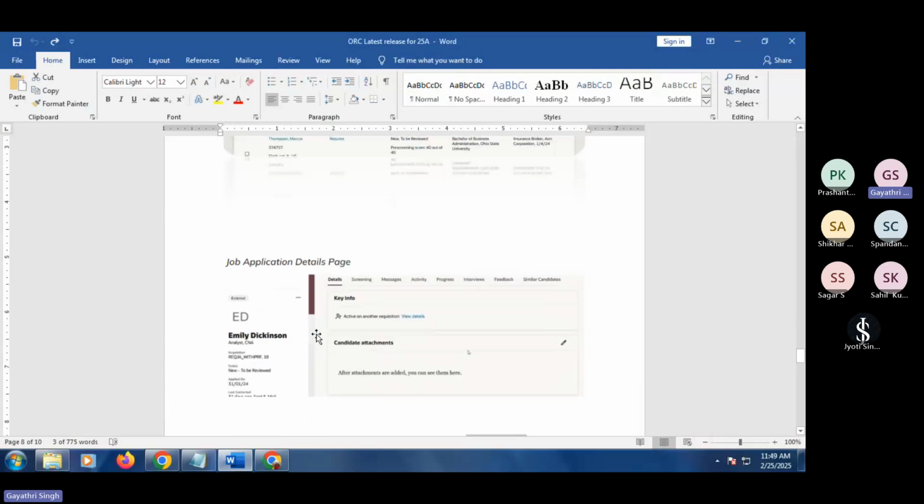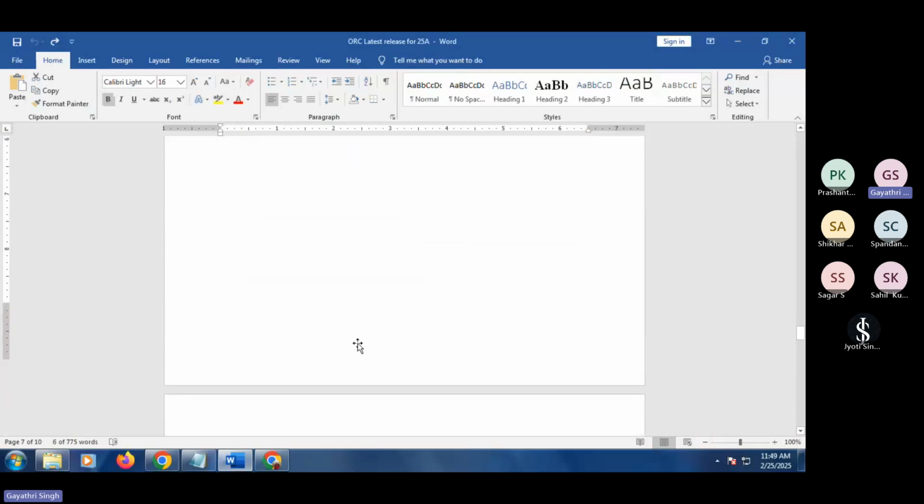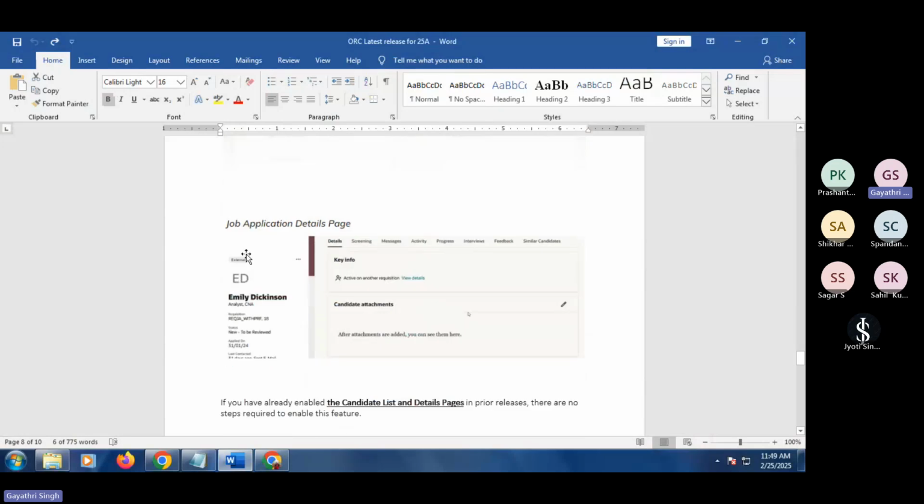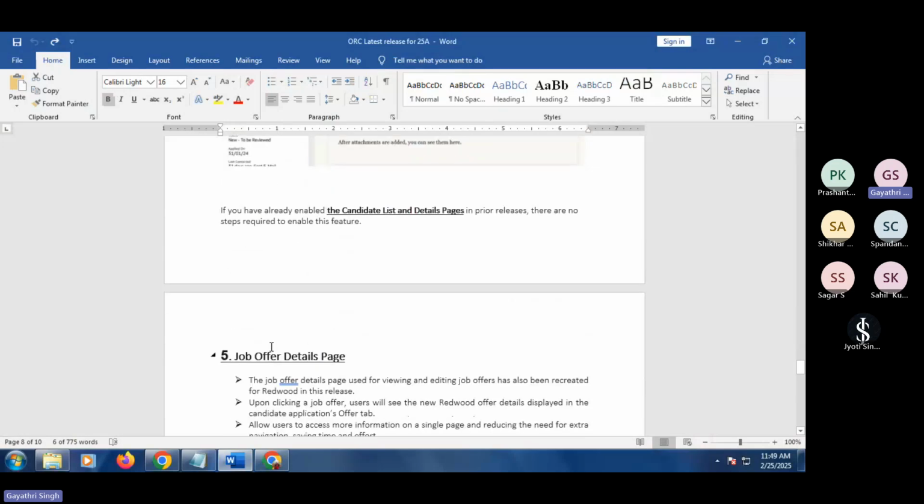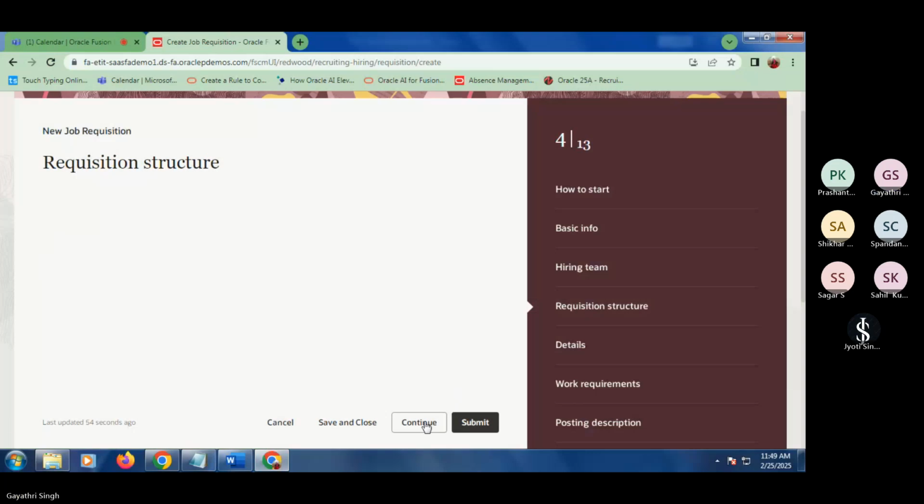This is the default for the job application and the details of the pages. Just click on the candidate and you'll get the complete information over here. For this specific part, the job offer details also work the same way. The UI has changed a bit compared to the previous one. For this job detail page, only the detailing has been given, and not many screenshots are provided, because while you're creating an offer,